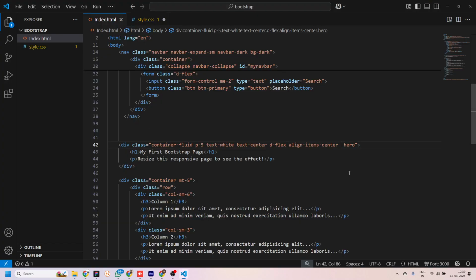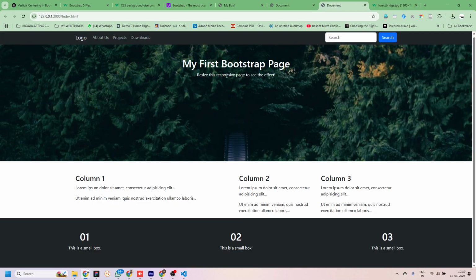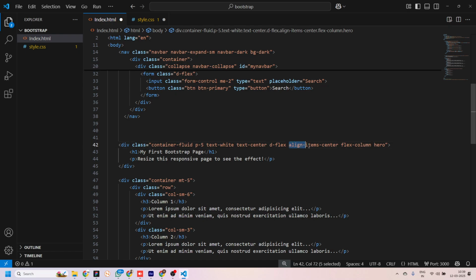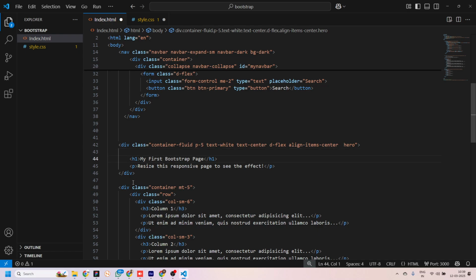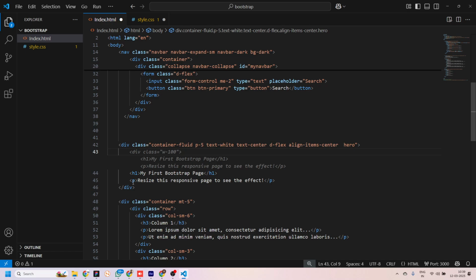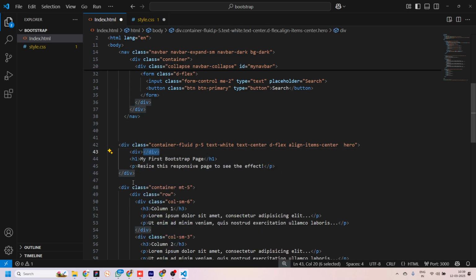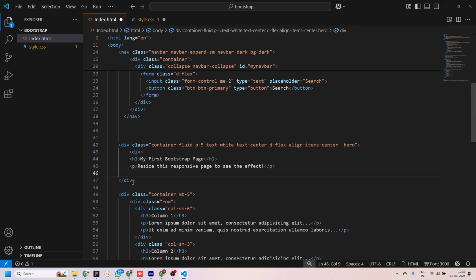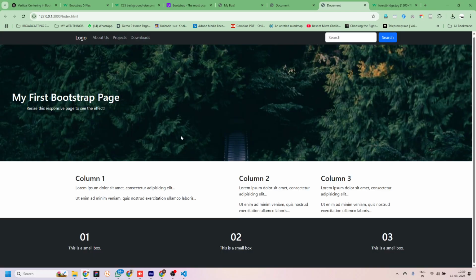ये ठीक है, but the moment I put flex column, it goes to the top. No more align item center is working. तो पता है इसको कैसे ठीक कर सकते हैं अगर ये बहुत जिद्दी हो गया है? इसको एक div में रैप कर देते हैं। Let's try that. अब ये हो गया।